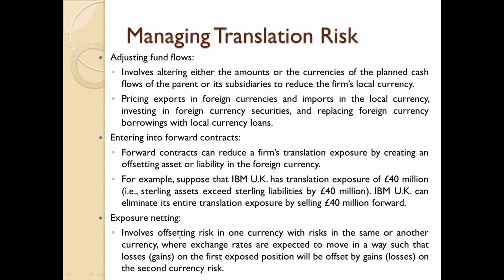Okay, so it involves offsetting risk in one currency with the risk in the same or another currency, where exchange rates are expected to move in a way such that losses on the first exposure position will be offset by gains on the second currency risk. So in order to set off the one currency translation risk, they are taking positions in another one or two currencies. Right? So when they try to do this translation,